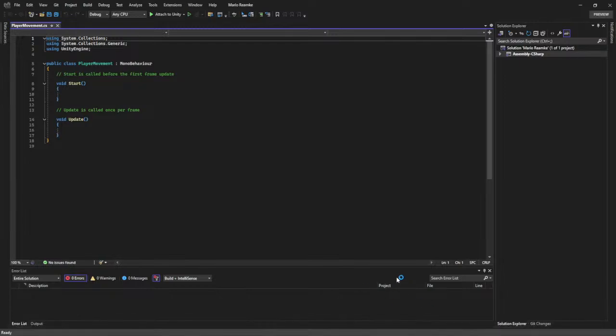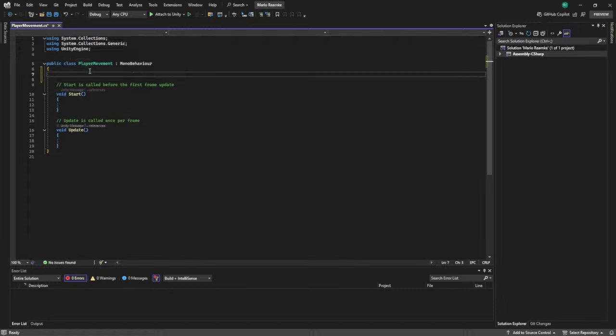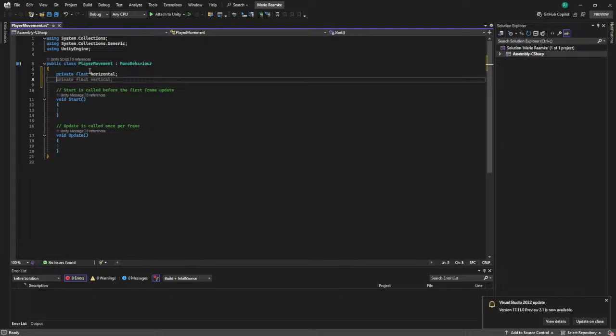First of all, we need 4 private variables. A float for the horizontal input, a float for the speed, a float for the jumping power, and the boolean that indicates whether our player is facing left or right. Next, we need 3 serialized fields to reference